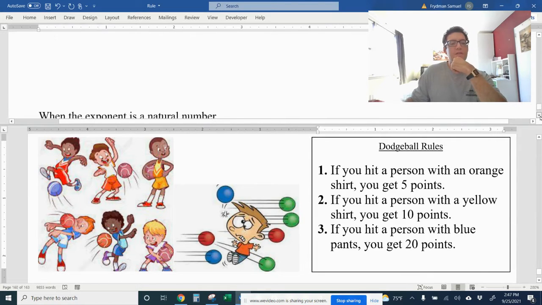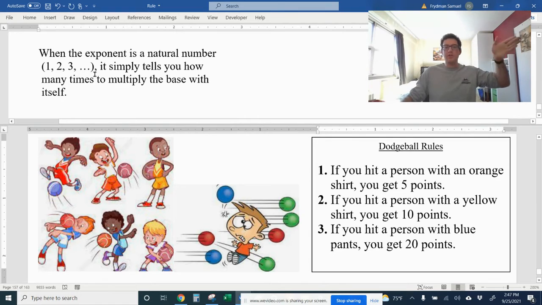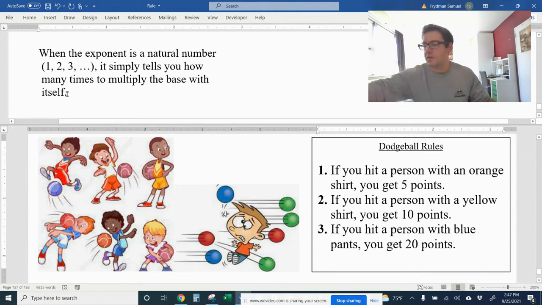Now remember in the last video, we came up with some rules for what it means to have an exponent which is a natural number. So if an exponent is a natural number, the natural numbers being 1, 2, 3, 4, 5, etc., then it simply tells you how many times to multiply the base with itself. So for example,